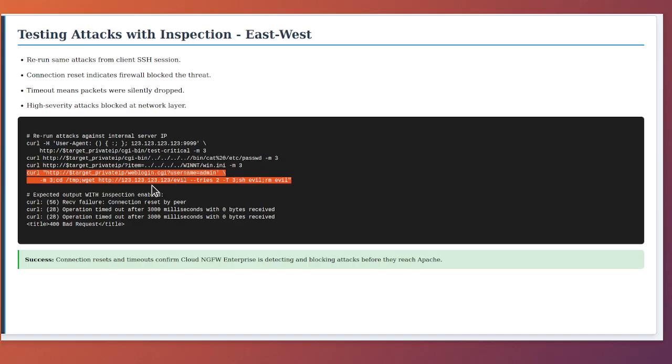For the shellshock attack, instead of a 404 response from Apache, you see curl: (56) recv failure: connection reset by peer. This error means the connection was forcibly terminated. The firewall endpoint detected the shellshock signature in the user agent header and reset the TCP connection before the request